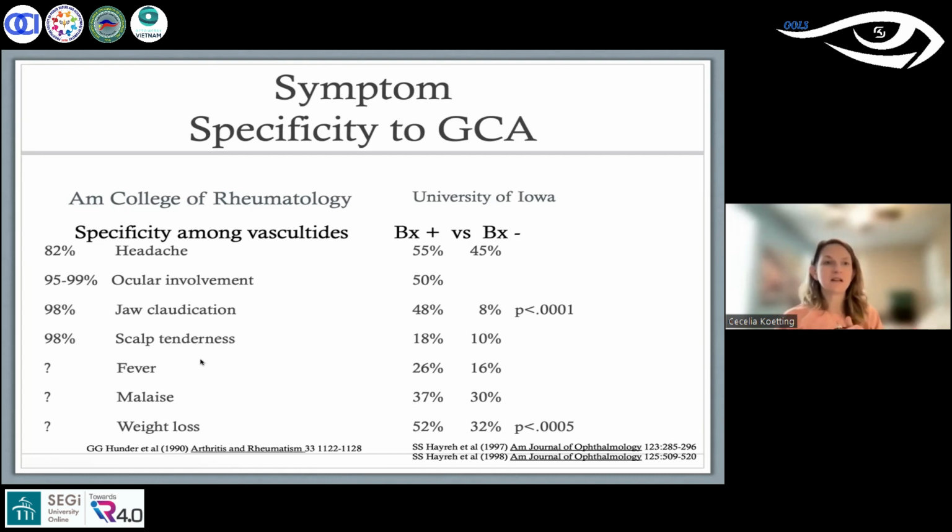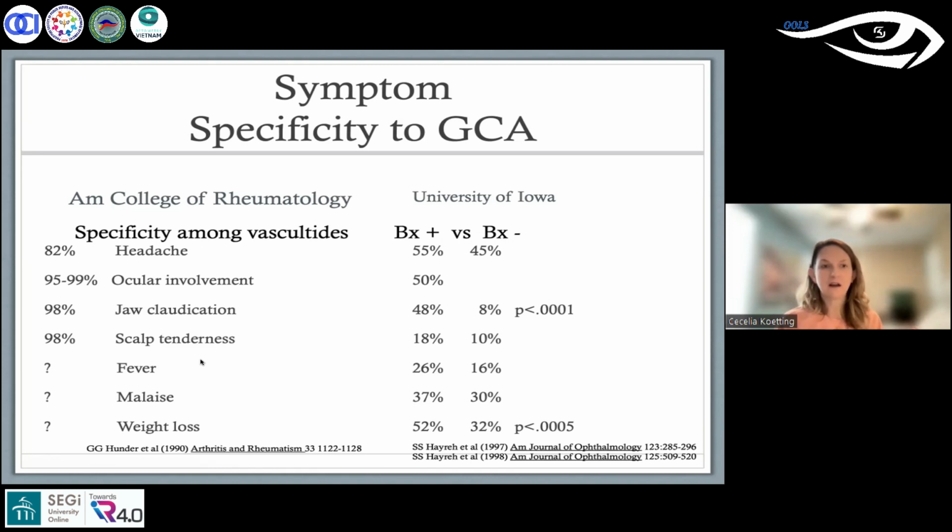95 to 99% who were diagnosed as having GCA had ocular involvement, but only 50% had a positive biopsy. That means 50% of the time, even though they actually did have GCA and ocular involvement, they had a negative biopsy. Jaw claudication, 98%